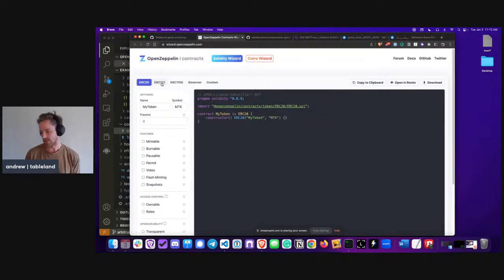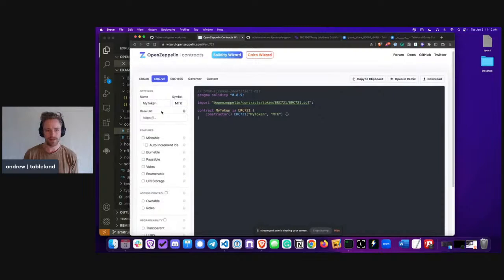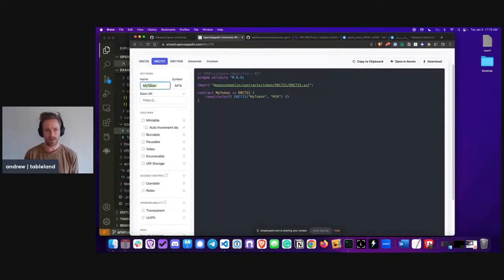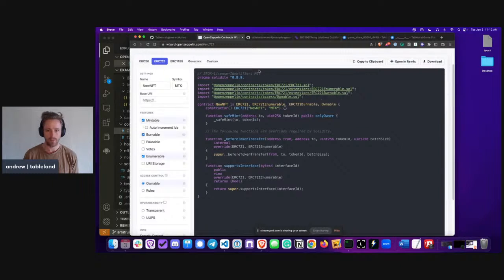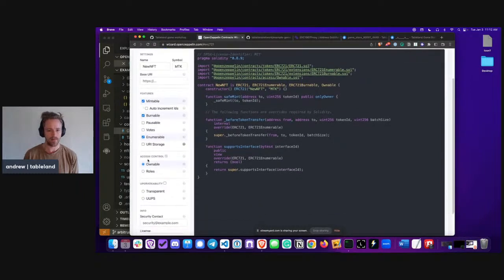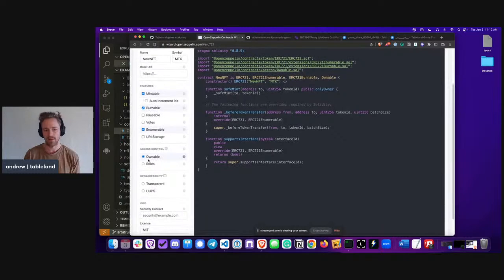If you're trying to build an NFT for the first time, you can give the metadata about your NFT. So you could have a new NFT, of course, no spaces. And then you can make it mintable, enumerable, or burnable,